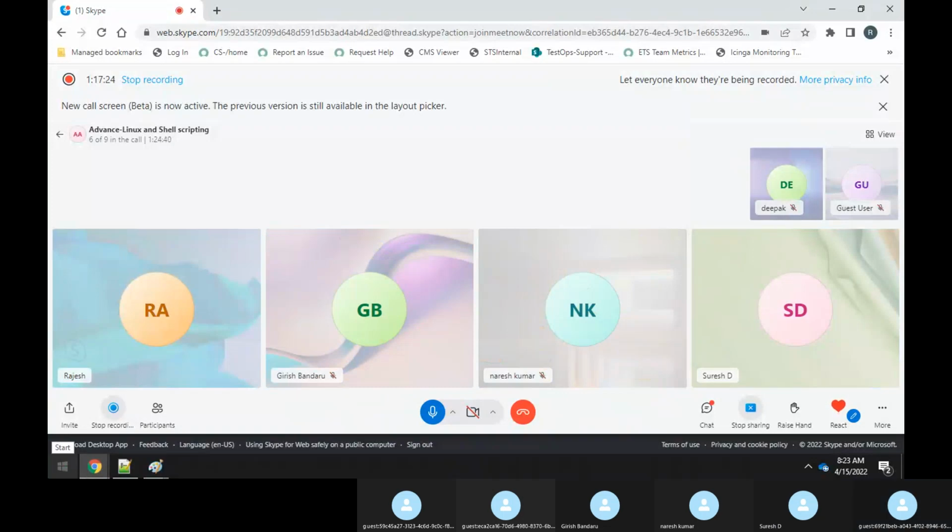Now, see, guys, we will have each and every session of 1.5 hours. We will not exceed more than 1.5 hours, because we have to take a lot of sessions. So we are bound to fix it at 1.5 hours itself. So I will take another 15 minutes more to complete today's session. Okay.